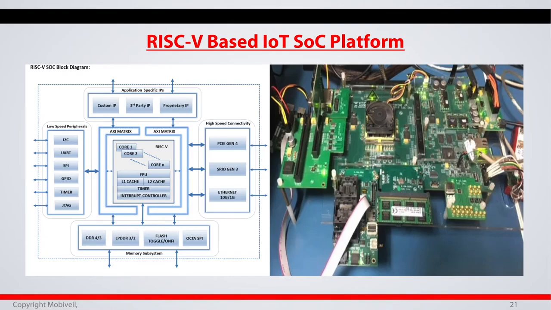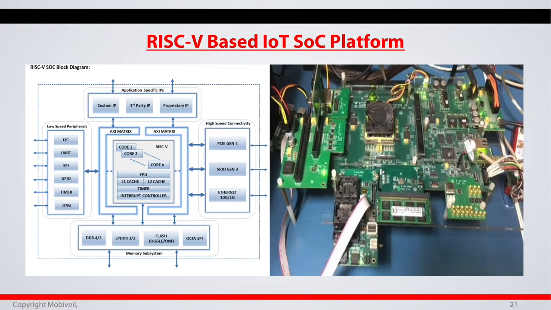So that was all about the Gen 4 SSD controller configurable platform. I have this slide, which is our RISC-V based IoT SoC platform. It has the full picture of the IoT platform and also the SoC infrastructure we have created on the left side. As you can see, it has a RISC-V. We have built an AXI matrix around it and connected third-party IPs as well as our own IPs.